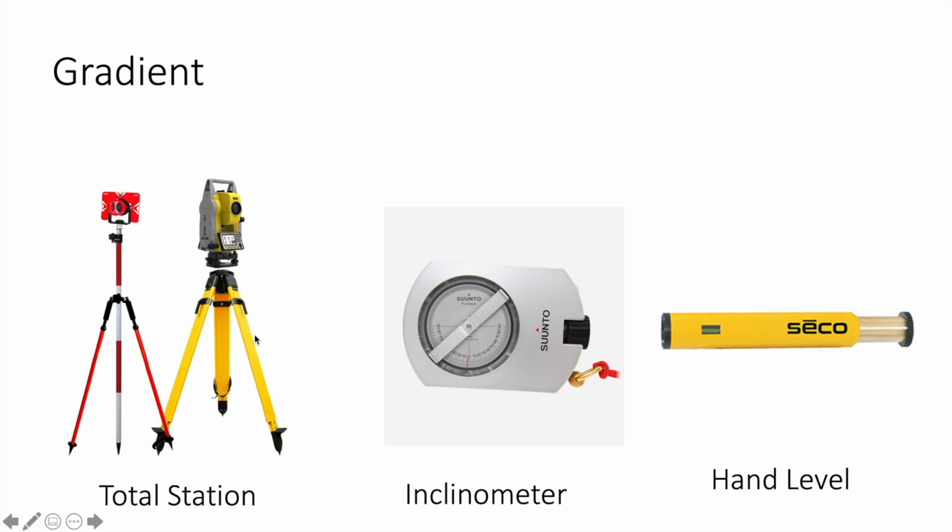And the way they work is you have a scope on a tripod. This is like super level, so you level this out. This total station here sends a laser to this prism on a rod here, which is also leveled out. The prism reflects it back, and this little piece here wiggles up and down. And so from the angle of this scope and the angle that the laser is returned, you can get gradient,